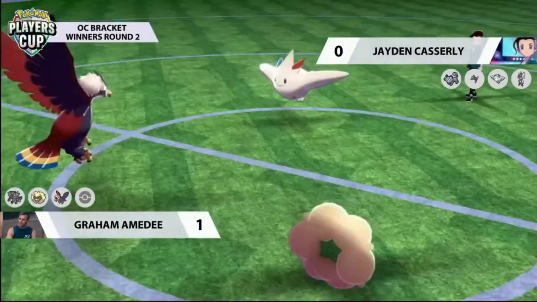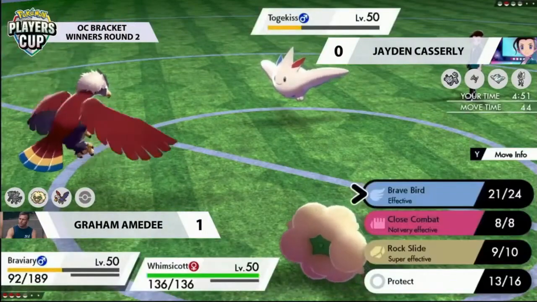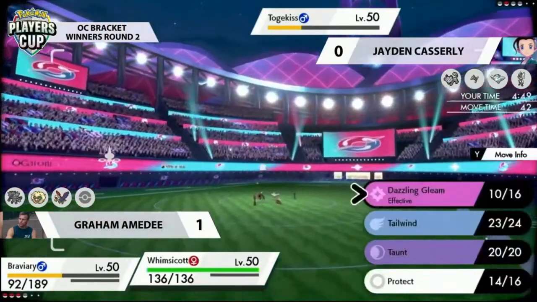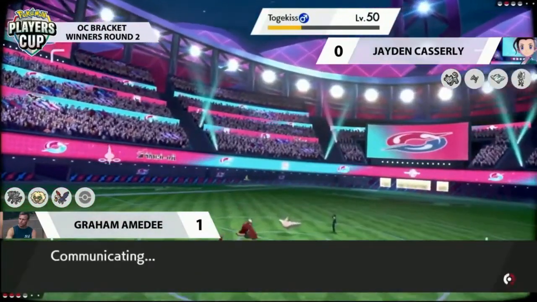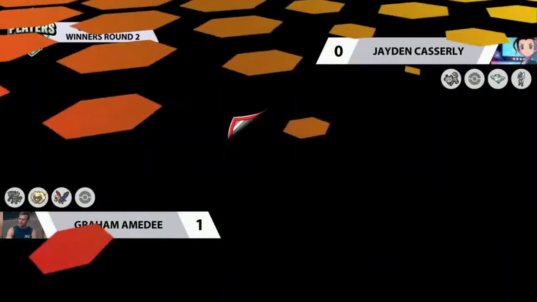Togekiss, although protecting for this particular turn, there's not a lot that it can do against all the Pokemon that Graham has remaining at this stage. Togekiss well known for only really being able to attack both Pokemon with something like a Dazzling Gleam, and that Whimsicott still having access to its sashes really puts it in a great position. So we see the forfeit coming out there, and Graham takes the set 2-0. I mean, Graham